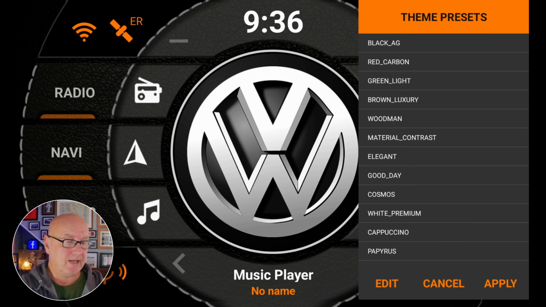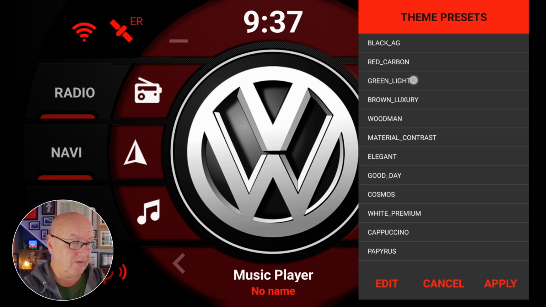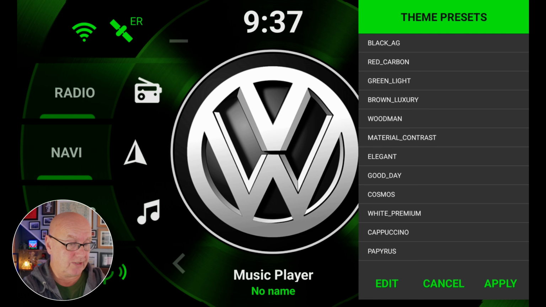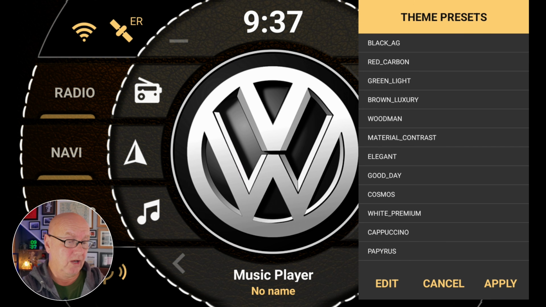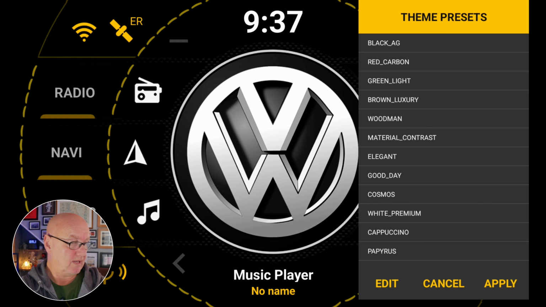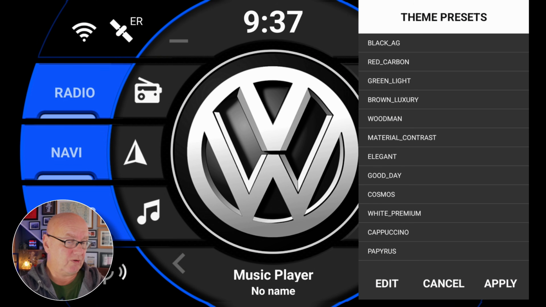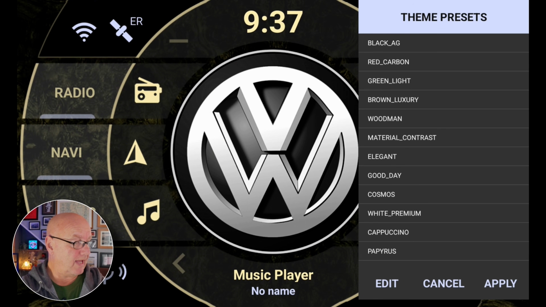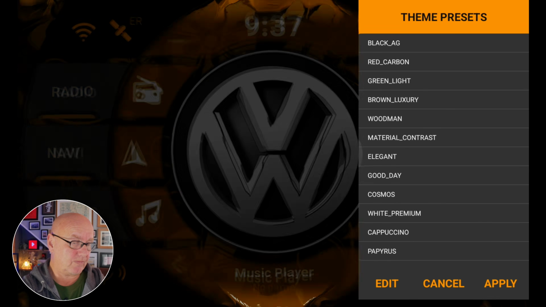So you can see here, down on the right hand side, we have theme presets. And what they're actually preset styles, customizations, if you want to call it that. We go down through, you can see we've got black AG on at the moment, and then we come down through red carbon, green light, brown luxury, you can see that leathery sort of look to it, woodman, material contrast, elegant, good day,